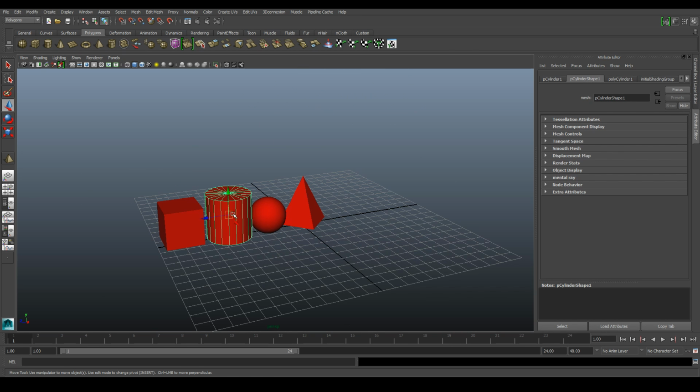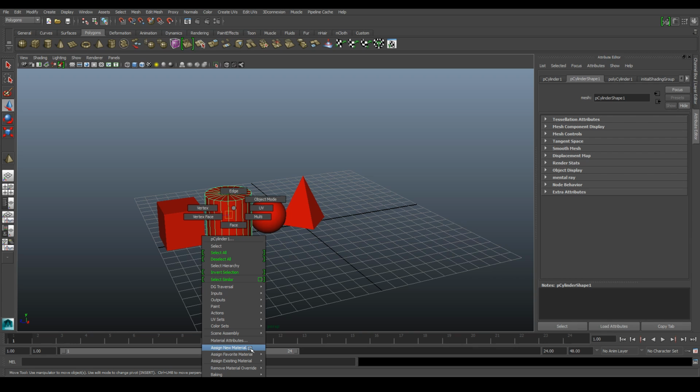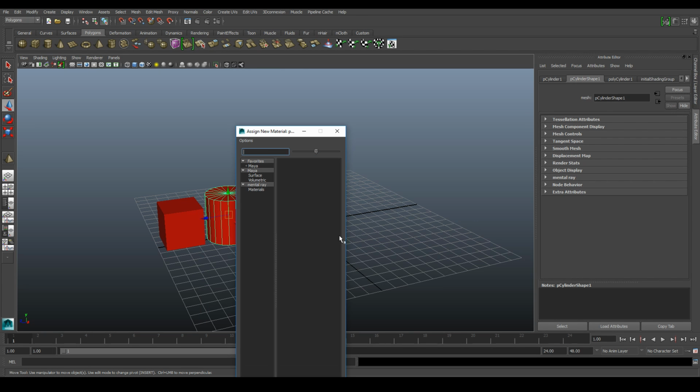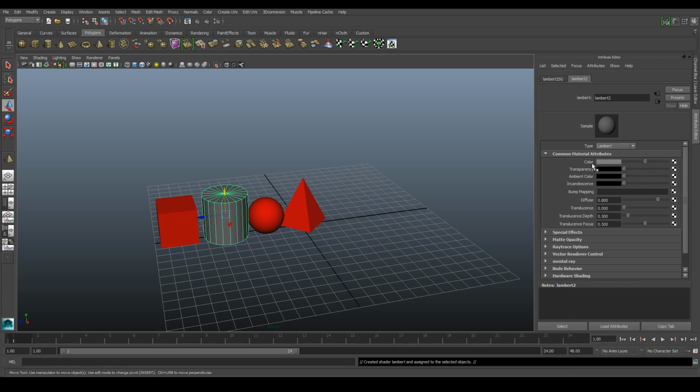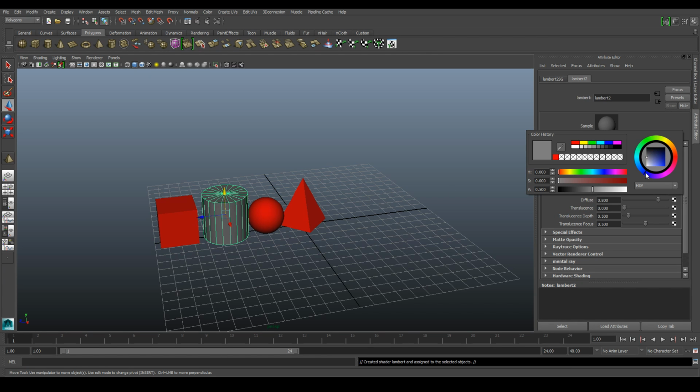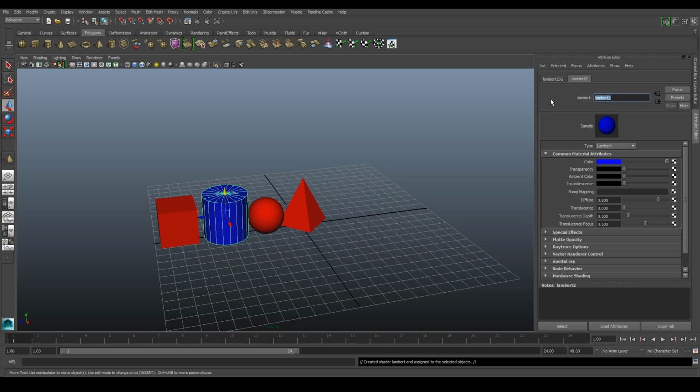So if we want to change it up, we're going to have to assign a new material. So what we'll do is we'll go right underneath Material Attributes, assign a new material, assign a Lambert just like the original material, and we're going to change that Lambert to a blue. Now it's important to track what you're doing when you're creating materials, because sometimes you can create so many and they'll kind of get out of hand. So I'll name this